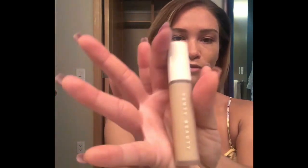It's all so gorgeous. I'm gonna go ahead and conceal with my Fenty Beauty Pro Filter Concealer in the shade